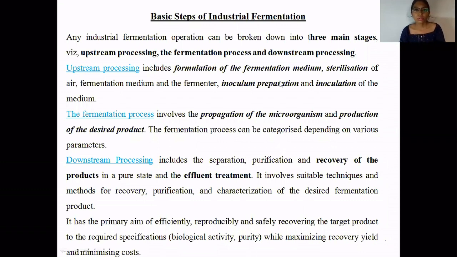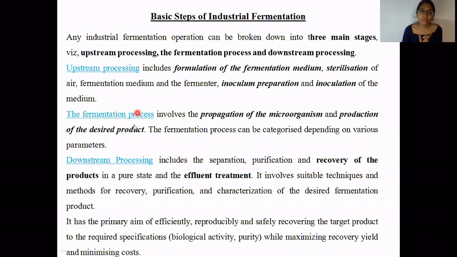Before jumping to the topic, let's understand some basic words that will be involved in the overall steps that you are going to study further. The first main word that you are going to always encounter is the fermentation process. And what actually is the fermentation process? Now this term is quite misleading. Normally students often get confused between the aerobic process and the anaerobic process.